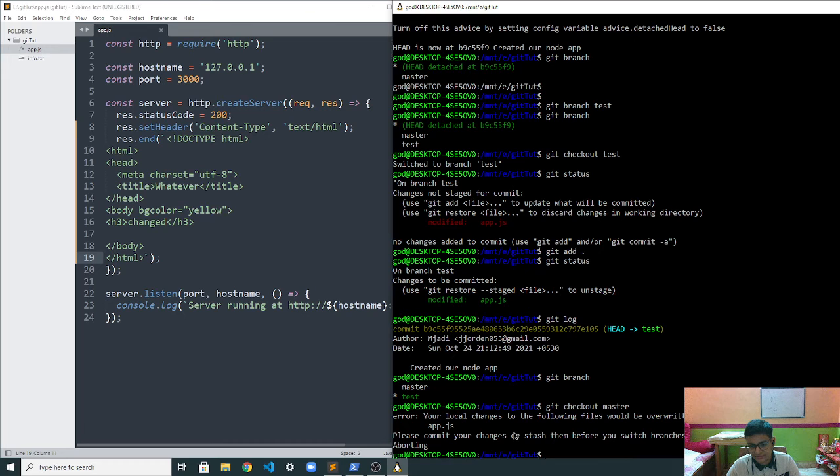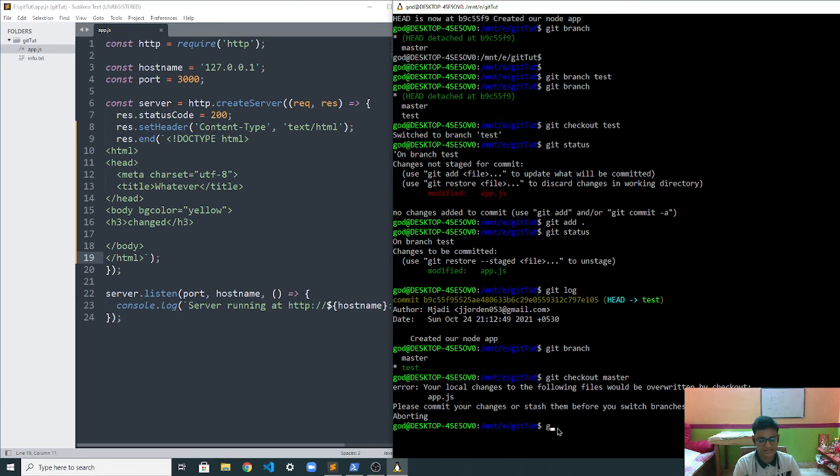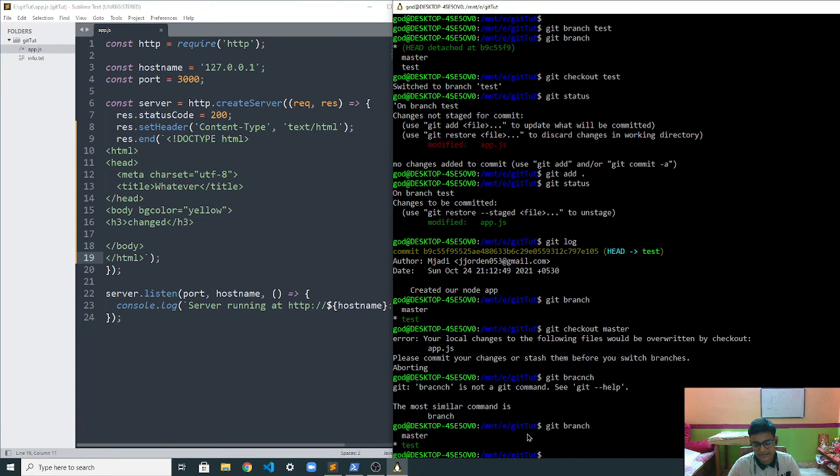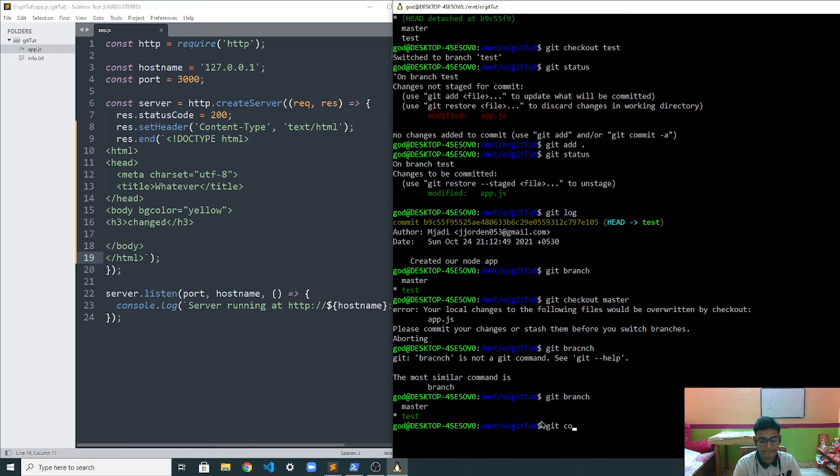And it is giving an error over here: your local changes to the following files will be overwritten. Please commit your changes or stash them before you switch branches. So first of all, let's see what branch we are on currently. Git branch. We are in test. So let's commit, as it is saying.